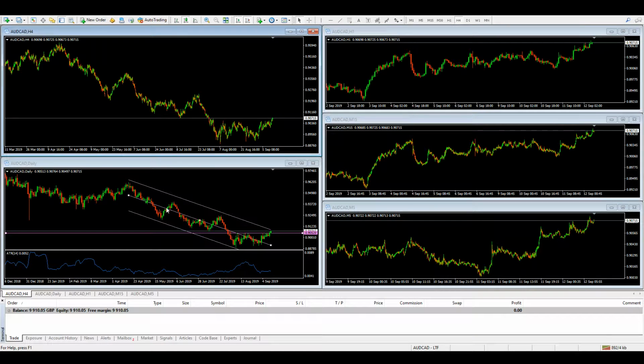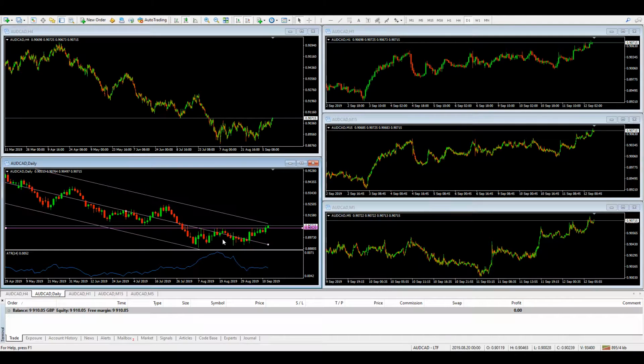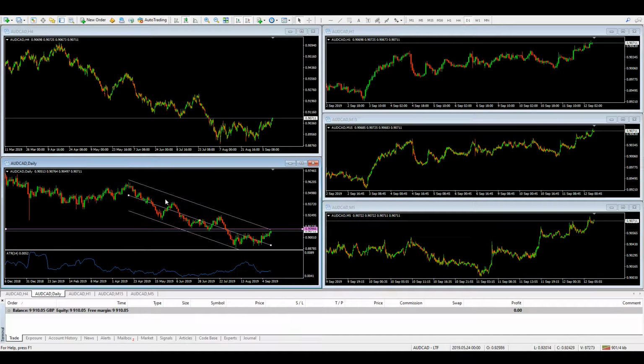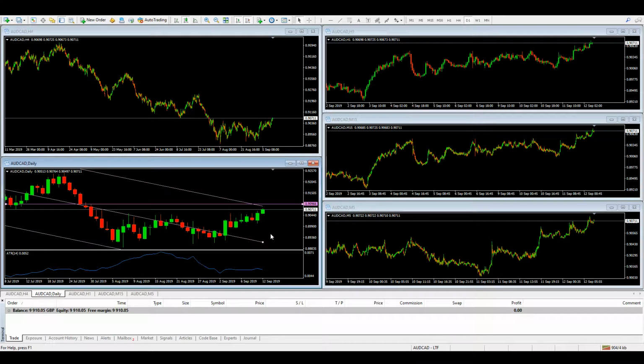So we've got the AUD CAD. AUD CAD at the moment is definitely bearish. We're seeing these lower lows, lower highs. We're seeing the price in an overbought area at the moment. It did encounter some resistance previously here, which it has busted through, but it's still quite zonal. Since yesterday, it has gone past the high of yesterday, but it still hasn't really passed this area here. If we move this up, it's not a specific level really, it's just zonal. But the reason to still be bearish on this, if we use the standard deviation for context, is that it's coming into contact with the upper edge of our standard deviation